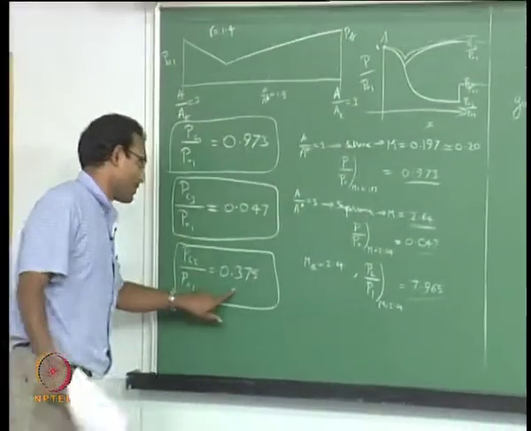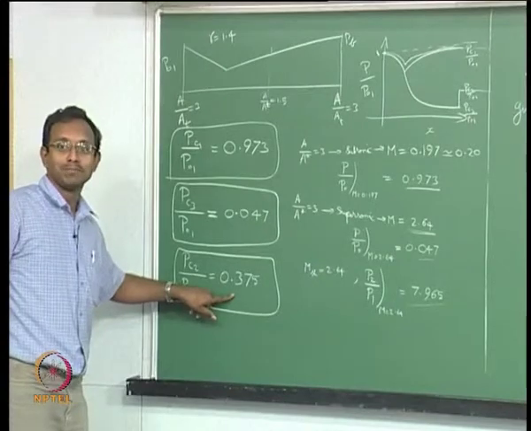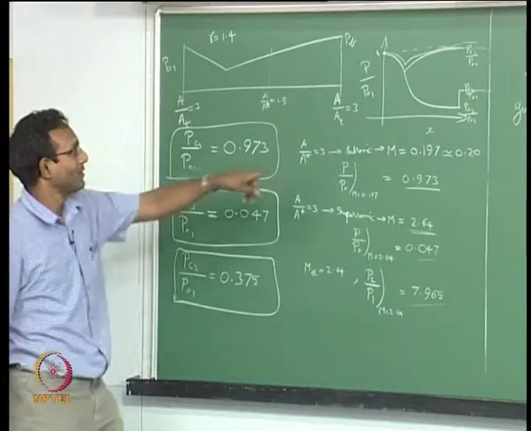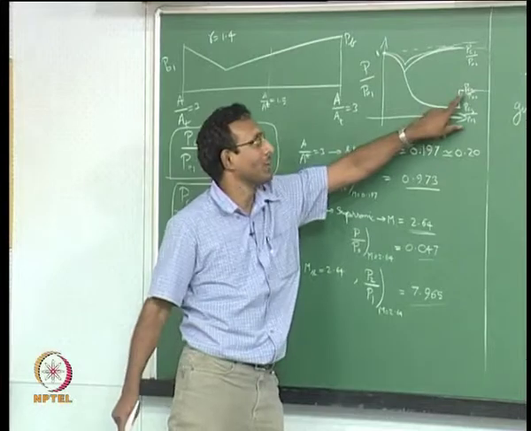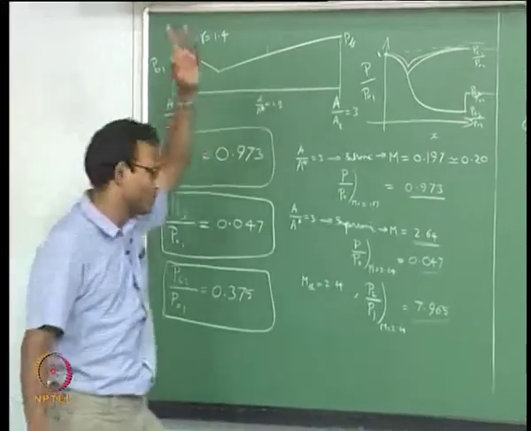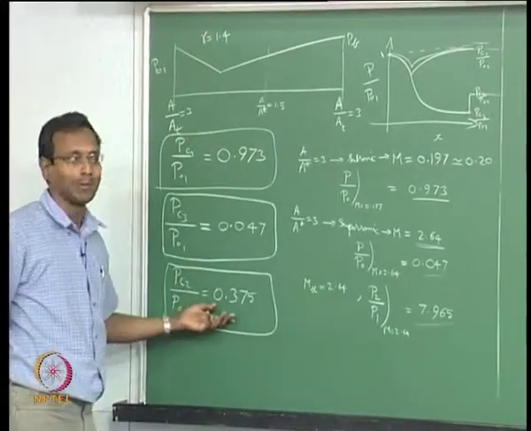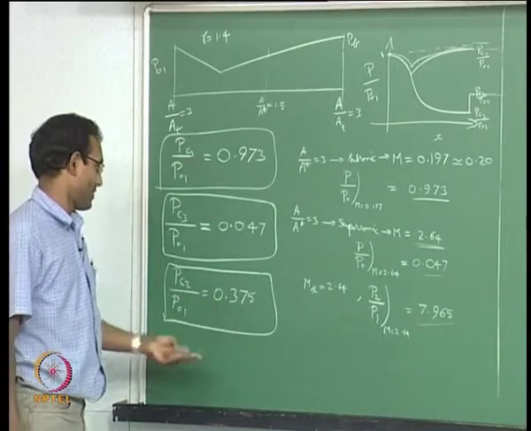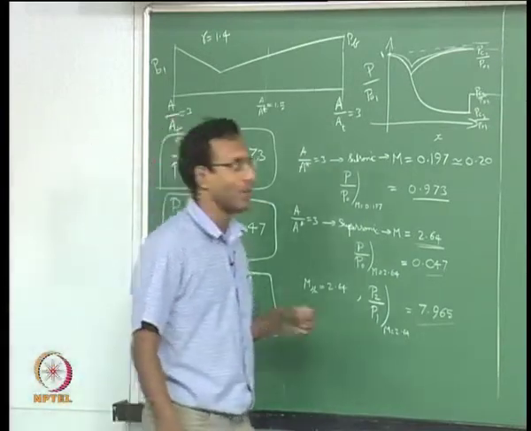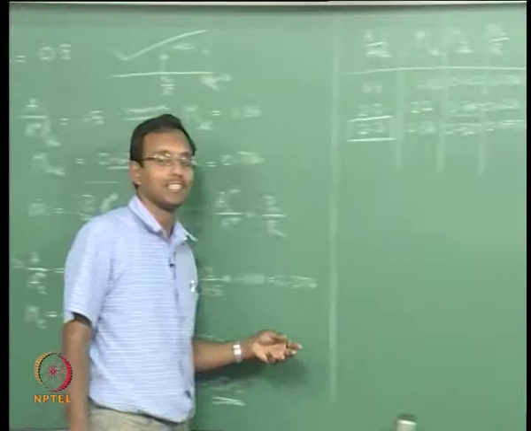If it is 0.25, I am in the over-expanded regime. Remember, it's below P critical 2. I cannot use 0.25. So choose, say, 0.6 and solve the problem again. Okay, if I choose 0.6 and I want to solve the problem again, new problem, P exit by P0 should be